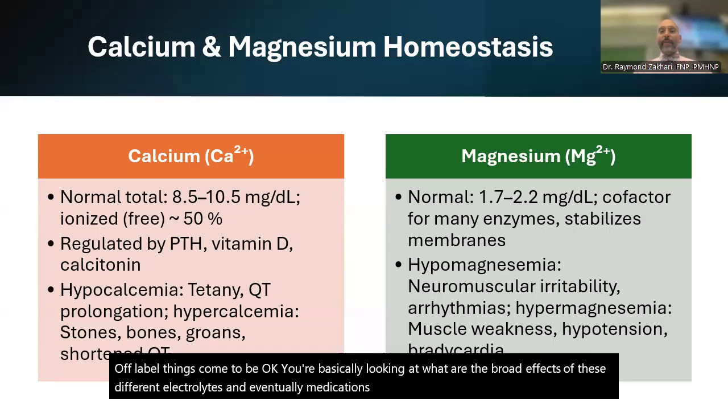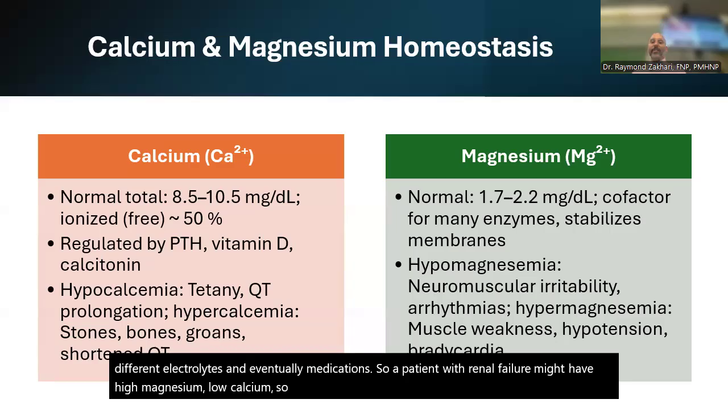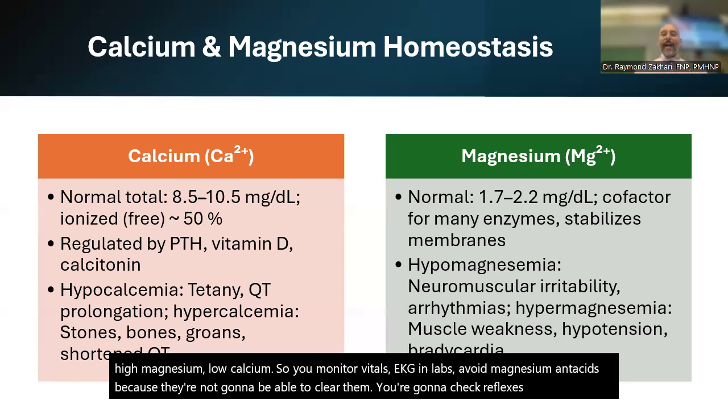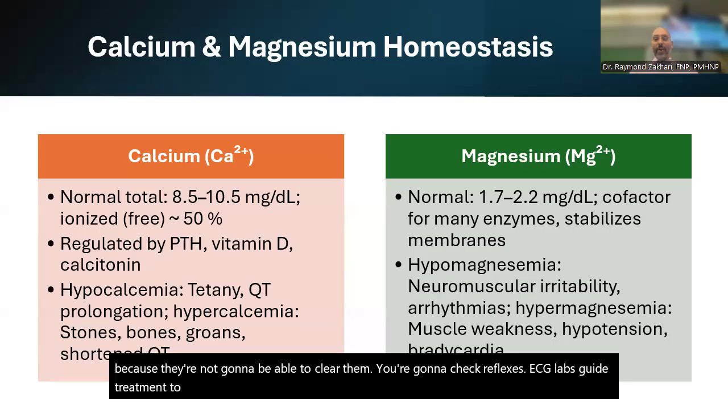So a patient with renal failure might have high magnesium, low calcium. So you monitor vitals, EKG, and labs, and avoid magnesium antacids because they're not going to be able to clear them. You're going to check reflexes, ECG, labs, and guide treatment to prevent complications. So